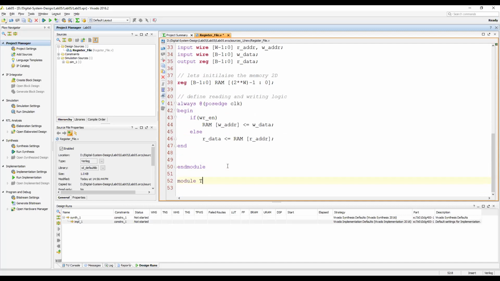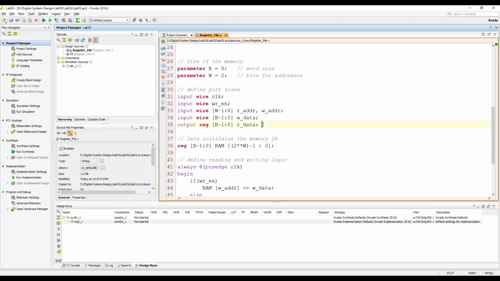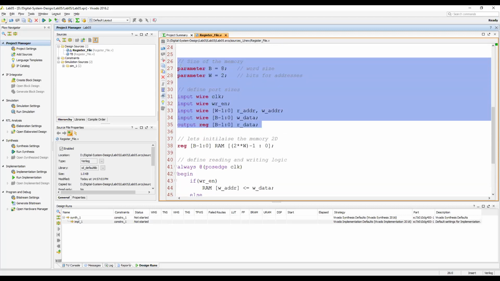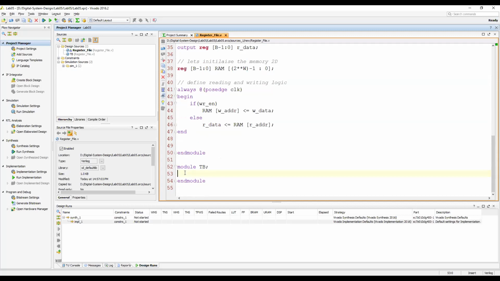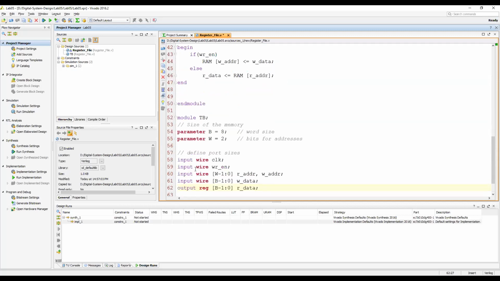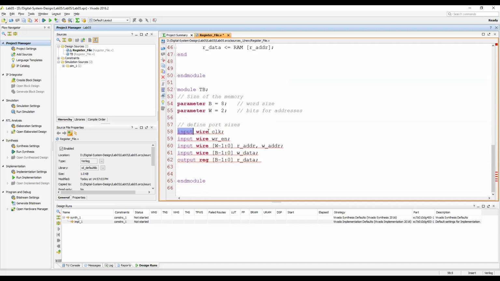Module GB and endmodule. Okay, so these are the parameters I need. Again, same parameters. So this will become range, this will become range, this will become range, this will become range, and this will become y.